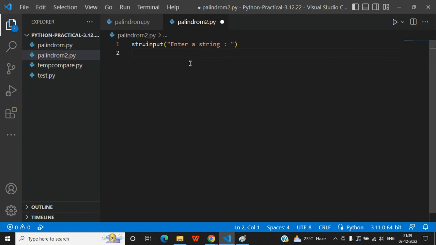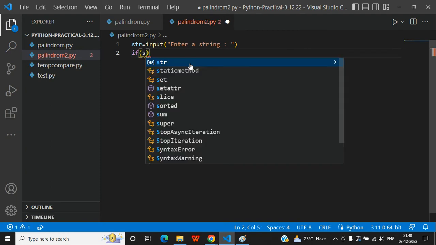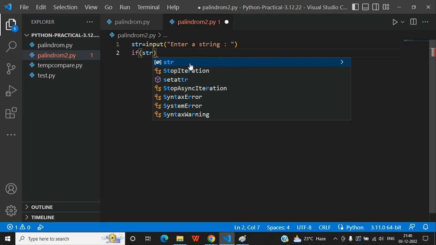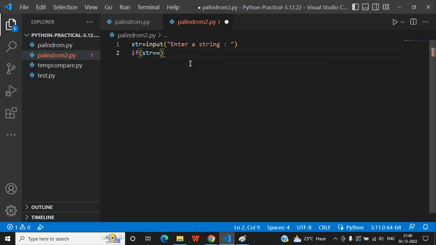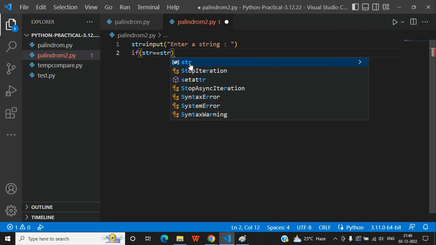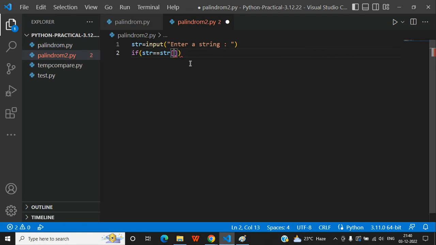After that, look what I am doing: if str is equal to str with minus 1,